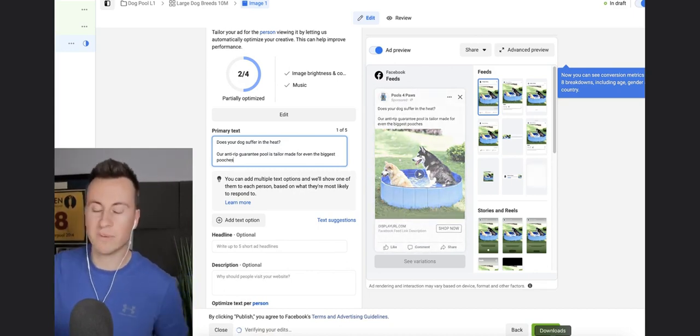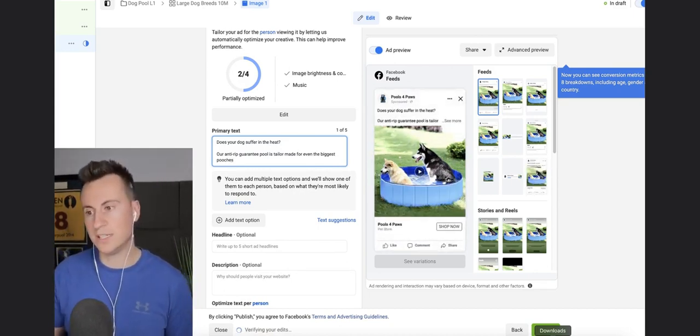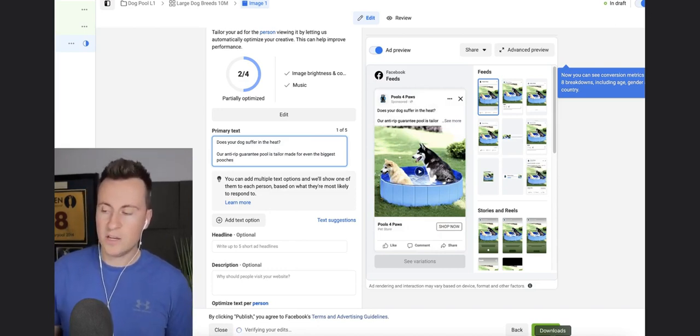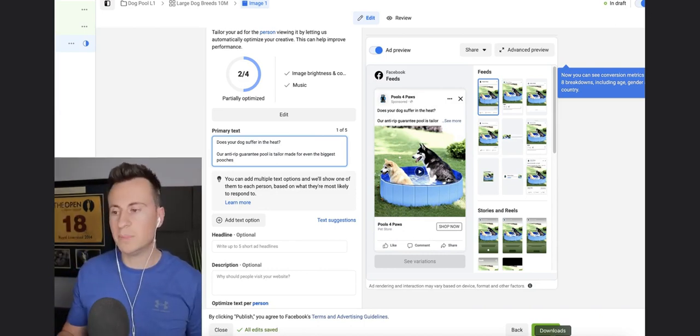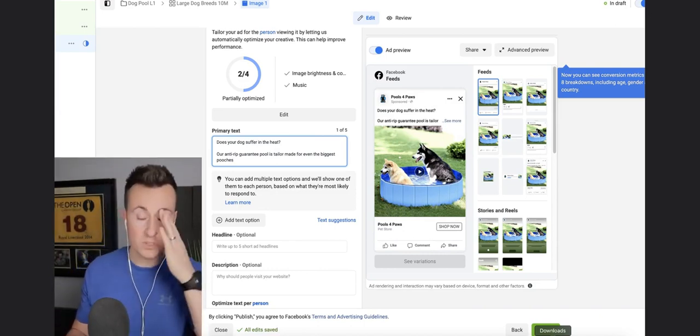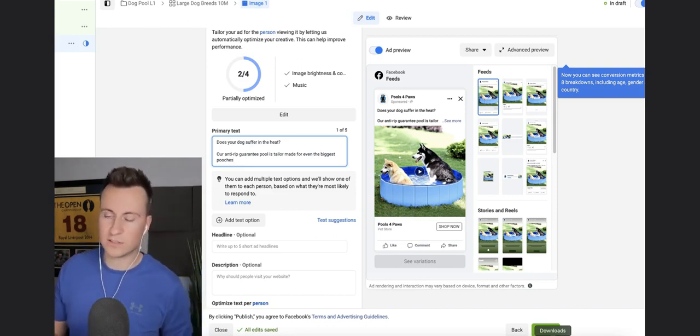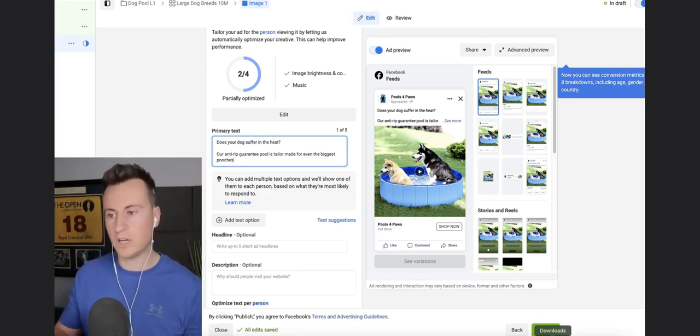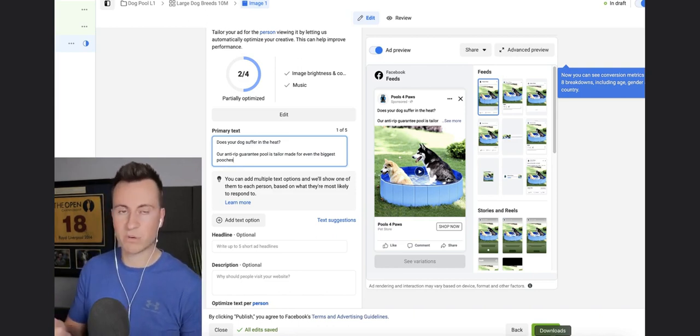Keep it friendly, keep it relevant to the niche. The dog niche is not a super professional, super uptight, super strict niche. It's quite casual, fun-loving, and happy. You could even build on this or add certain things like emojis just to help capture attention. Just make sure you keep it relevant to the type of image and impression that you're trying to give